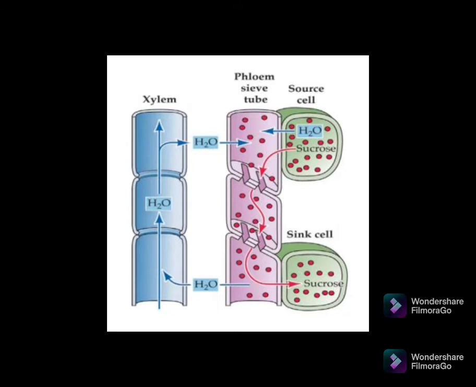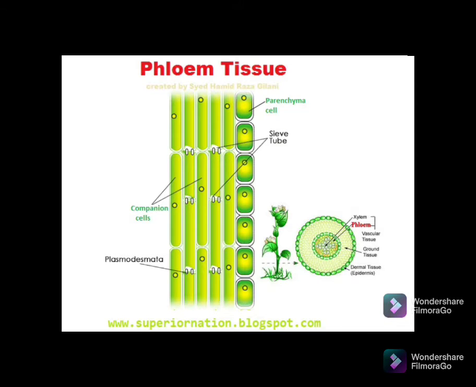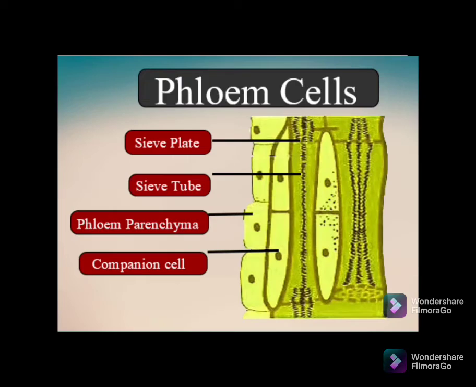This food that is produced in the glucose form has to be transported to each and every part of the plant. So, to transport, we need some transportation means, isn't it? For that, there is a special tissue called phloem tissue, which is a part of a vascular bundle. Similar to xylem tissue, even phloem tissue has living and non-living cells, so it is called a complex tissue.